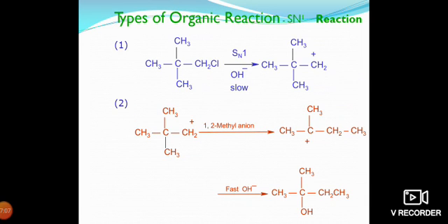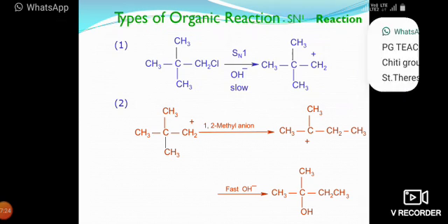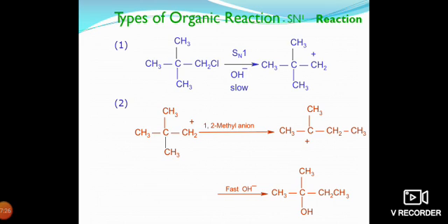We are taking this type of reaction, eliminating the Cl to form a carbocation. This carbocation is a primary carbocation. As we all know from previous classes, primary carbocation means one functional group is attached to the carbon atom, secondary means two functional groups, and tertiary means three functional groups are attached to the carbon which has the positive charge, and then it is known as a tertiary carbocation.